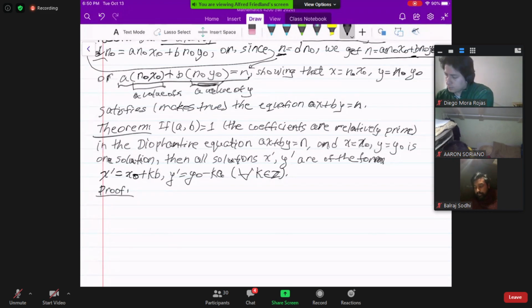Notice that any solution is of the form a particular solution plus any k in the integers, and there's an infinite number of them, times b, whereas the y value that satisfies it is of the form a particular value y minus k times a. Minus that same k times a, but that's true for any integer k. So that indicates that